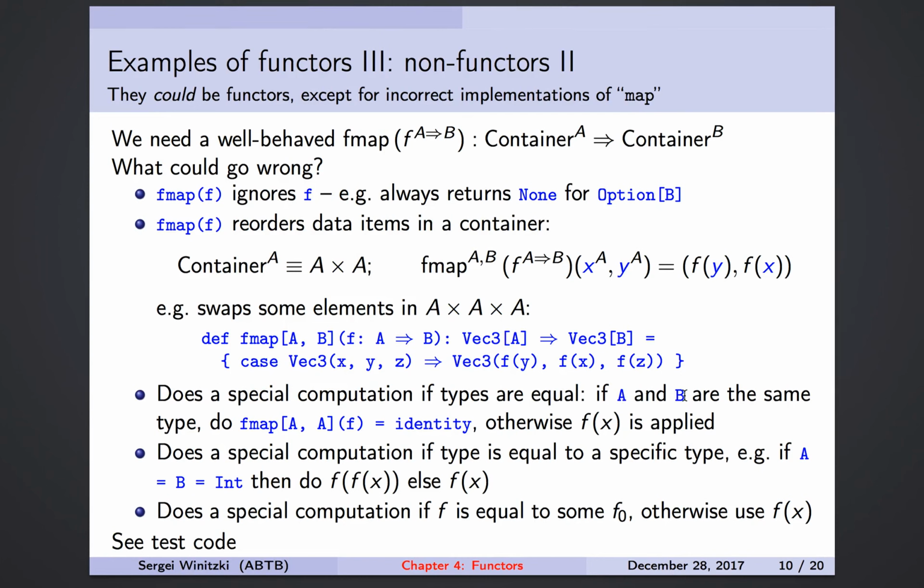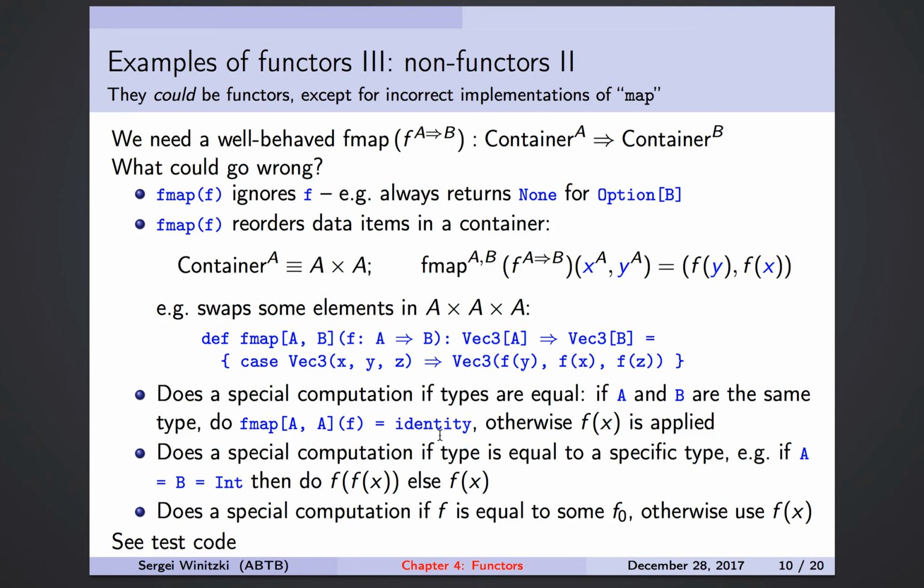Another example is that you could have an Fmap that checks the types, because in Scala you can see what type you're passed using reflection, and that's a very risky thing to do, because it's easy to make mistakes and difficult to write code that will always work. But if you do that, you could check that A and B are the same type or not, and if they're the same type, then you do one thing in your Fmap. Let's say you return identity ignoring the f, and if you have another not the same type, then you do something else. You apply f of x in some way. Now this would obviously satisfy the identity law,